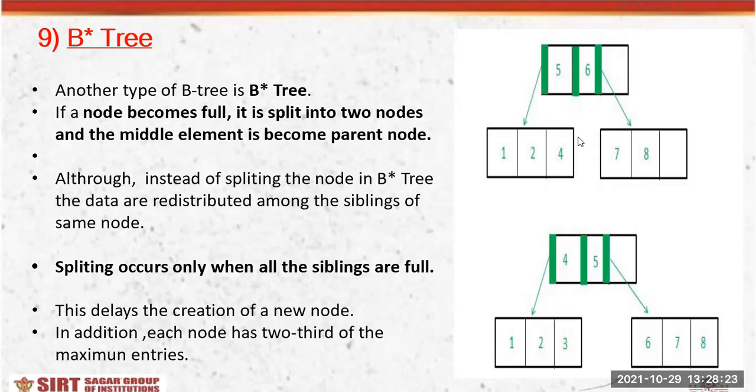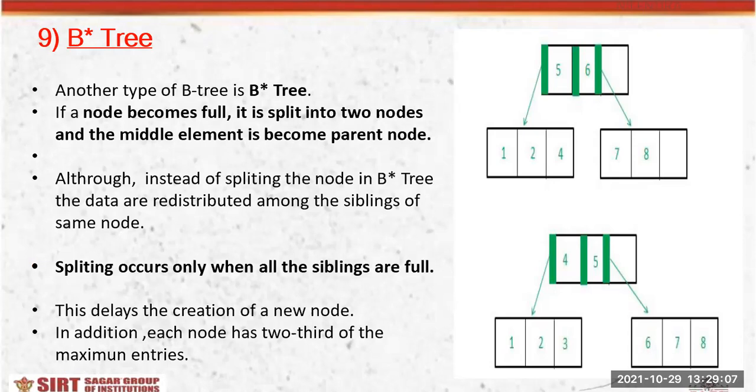You can see here, if I want to insert 3 somewhere, I will check if 3 is less than 5. Yes, it is less than 5, and 3 will come here. But remember that once 3 comes here, you cannot extend the limit, because the capacity of this node is 3 only. So 3 will come here, and automatically 4 will shift to the top. Similarly, if 4 is shifting to the top, 5 will shift right, and similarly 6 will shift towards its right side, because 6 is greater than 4 and 5. So in this way, we can redistribute the things.